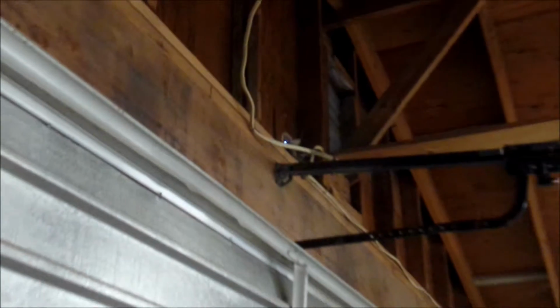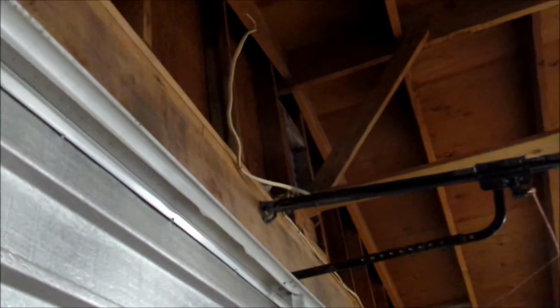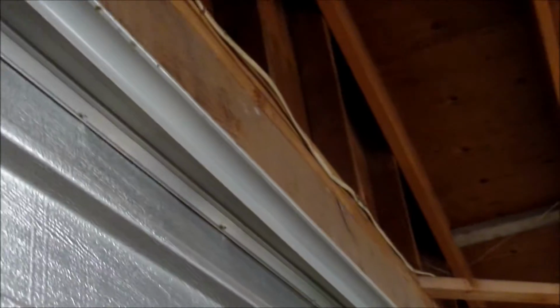These circuit breakers are all off. This circuit is anyway. And that goes, it did go across here, and the other light then gets ganged over across the garage here in parallel to the other one and goes across this beam